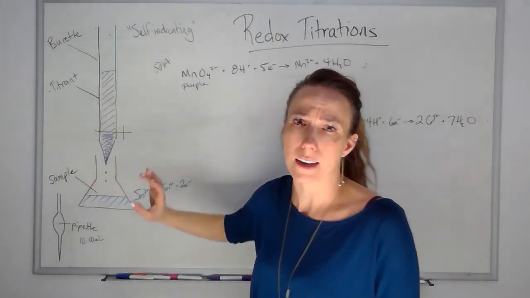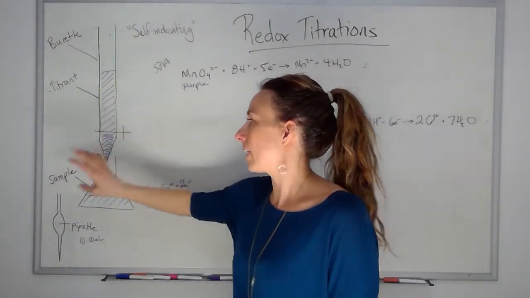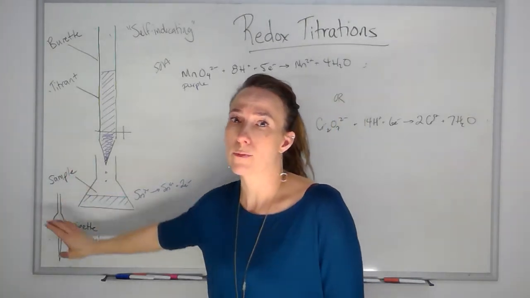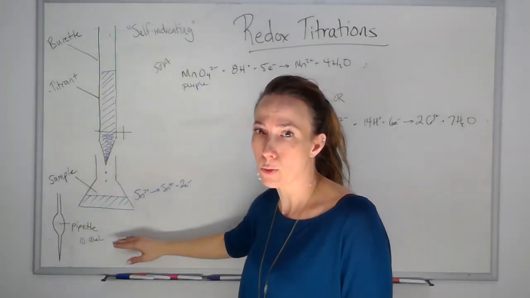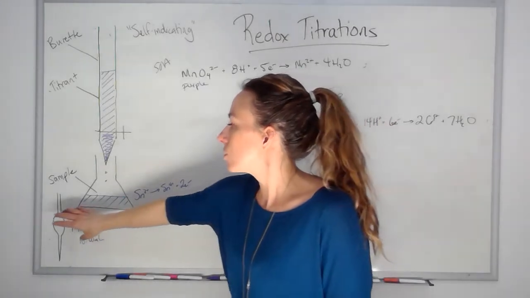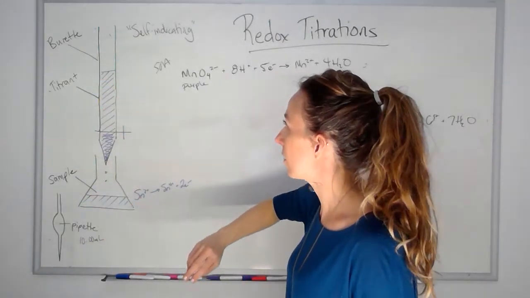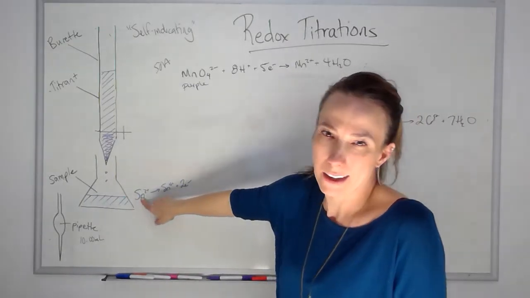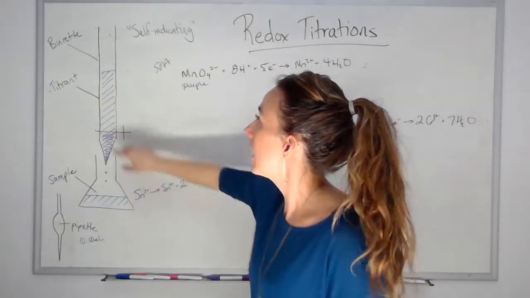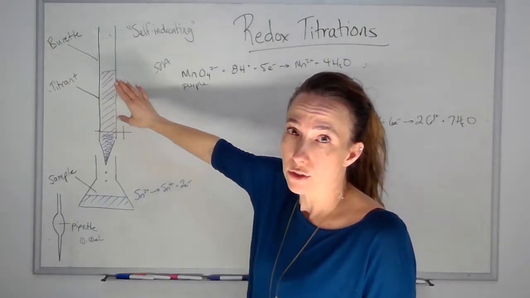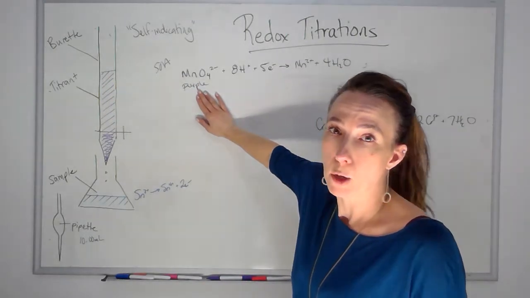So here's a setup for you. You've got a burette and an Erlenmeyer flask, and the sample's in the Erlenmeyer flask. I would have pipetted that sample in to get my 2 extra decimal points. So I use my pipette, take my sample, and get it into my Erlenmeyer flask, and this is a sample of tin 2+, and in my burette, which is where the titrant is, I have this purple permanganate